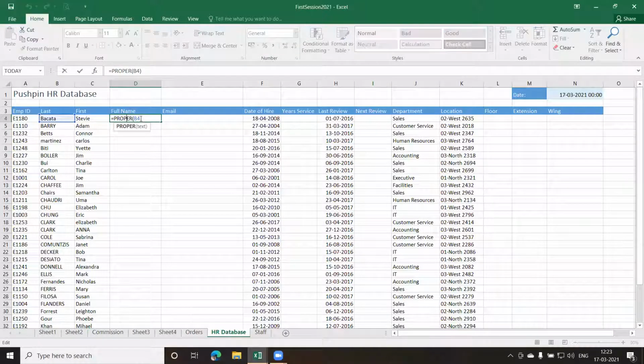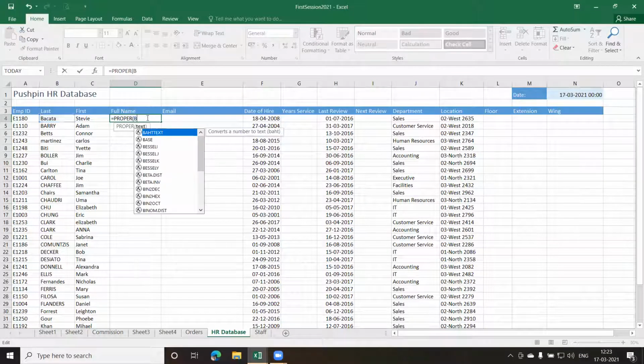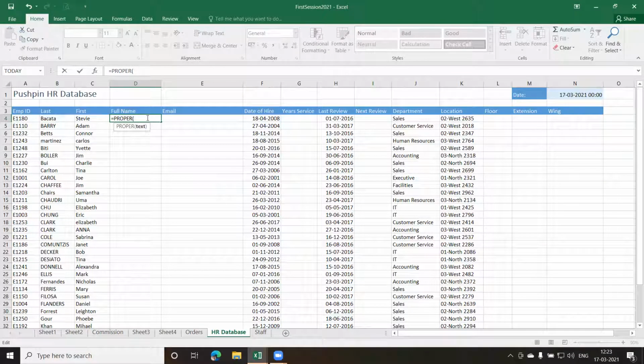So what I'll do is combine these two strings together and then convert that into proper case. Now, to combine the two strings, in the last function I used the ampersand sign to combine two contents together. Now, we also have a concatenation function. So let us see the other function, which is CONCATENATE.